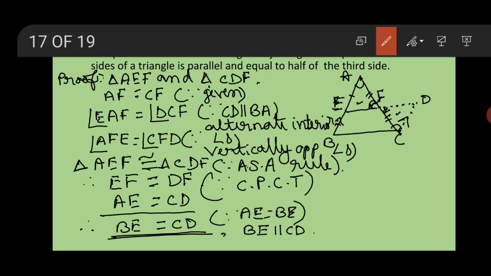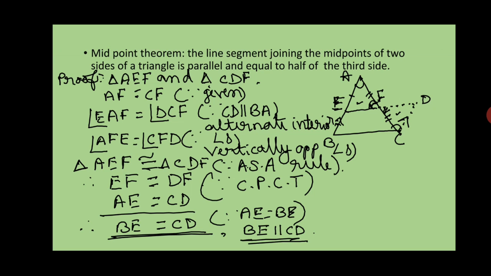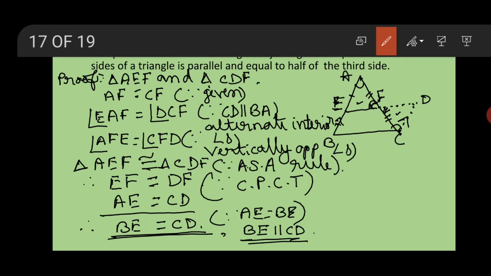Yes, because it is construction. CD is parallel to AB, and BE is also parallel to CD because half of AB is BE. That's why it is also parallel, right? From these two conditions, BE is equal to CD. Take this as equation number 1 and this as number 2. Now from 1 and 2,